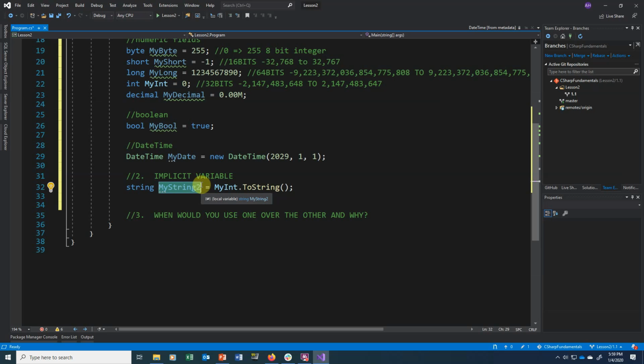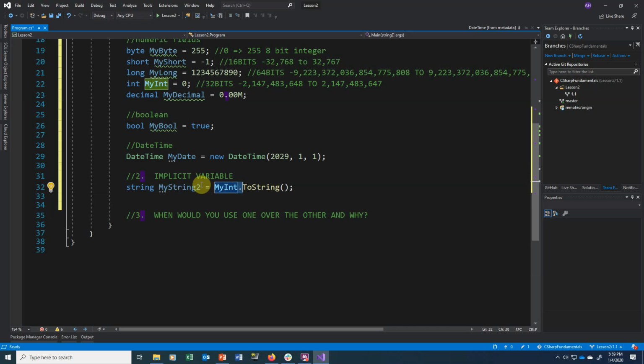Well, you're going to have not such a good cake, obviously. So what C# does is it's a strongly typed language. It requires you to either A, know what you're doing with the data that you're using, or B, it gives you the option to use an implicit variable. An implicit variable in C#,